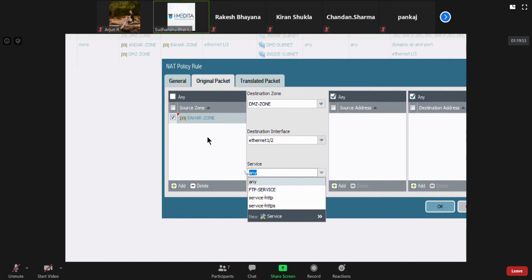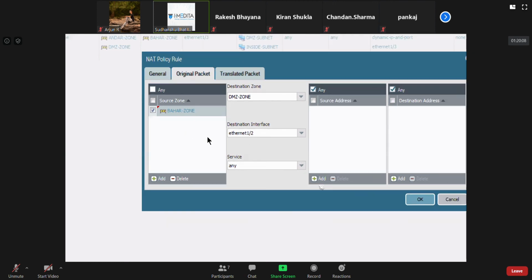Now when you're doing destination NAT, you will mostly not know the source, right? If people are coming from the internet, you will not know the source, so you can leave that as any.